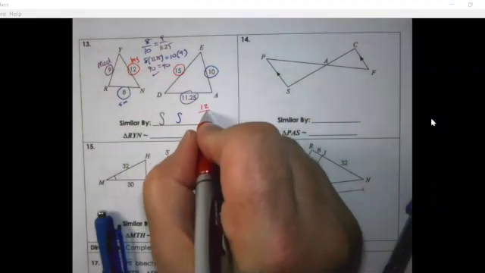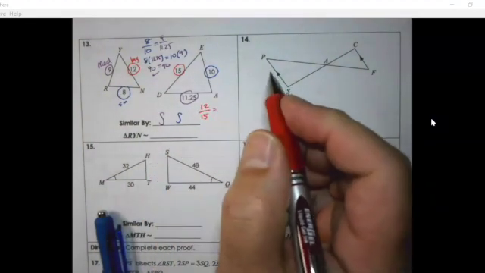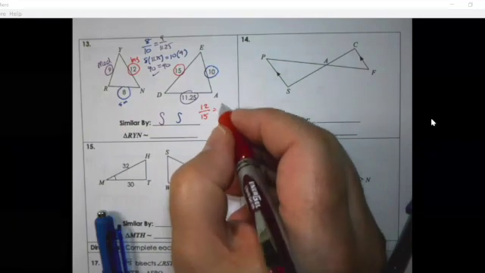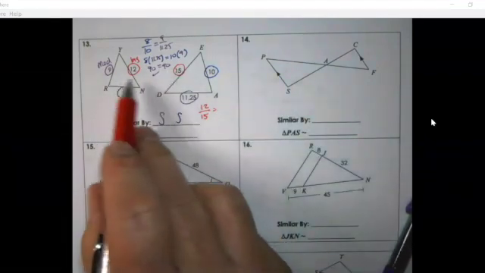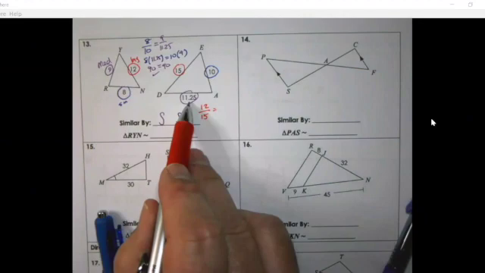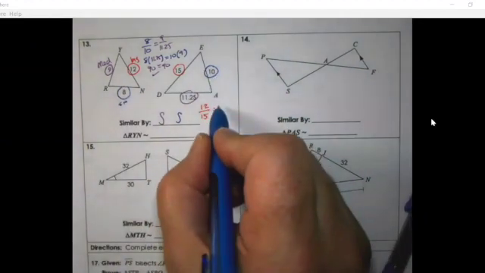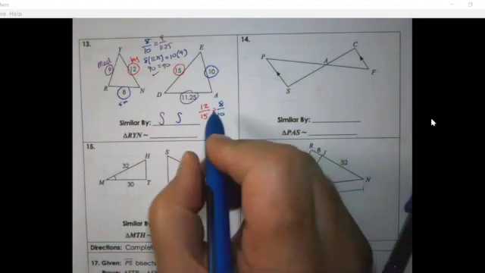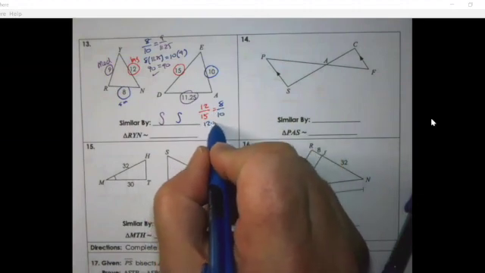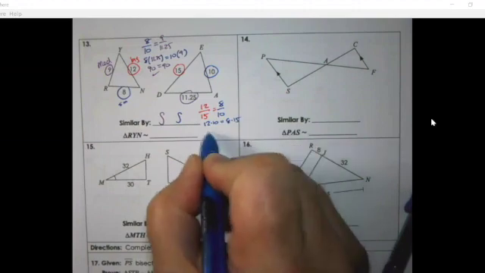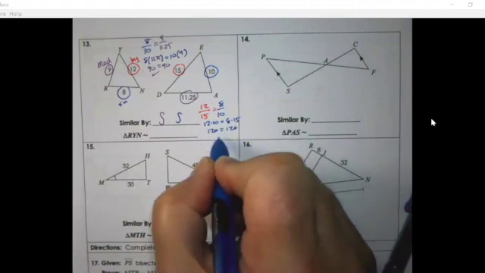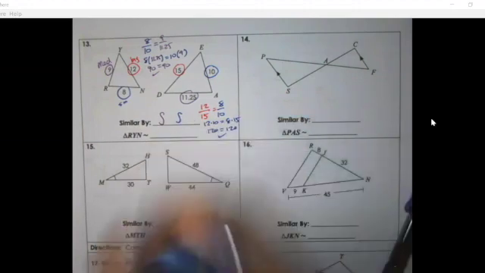So 12 over 15 equals... I don't have a new matching set there, but that's right. I don't need a new one. I need to use either of these. I can use the 9 and 11.25, or I can use the 8 and the 10. I'm going to choose the 8 and the 10 because they're whole numbers. And I know that 12 times 10 equals 8 times 15. This is 120 equals 120. That works. That gives me my third side